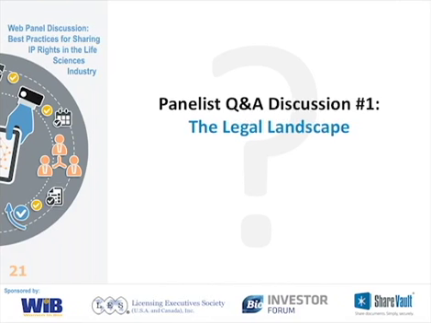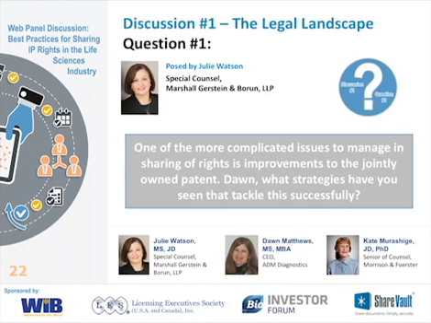Looking at changes over time, I certainly had the benefit of illustrating here one of the simplest cases. I think one of the more complicated issues that I see people working with is how to manage improvements. There's a jointly owned patent and an improvement is made to it by one of the parties, and so we have a jointly owned underlying patent but not jointly owned improvements. I'm interested, Dawn, from a business perspective, what strategies have you seen used and any thoughts on how to tackle this successfully?